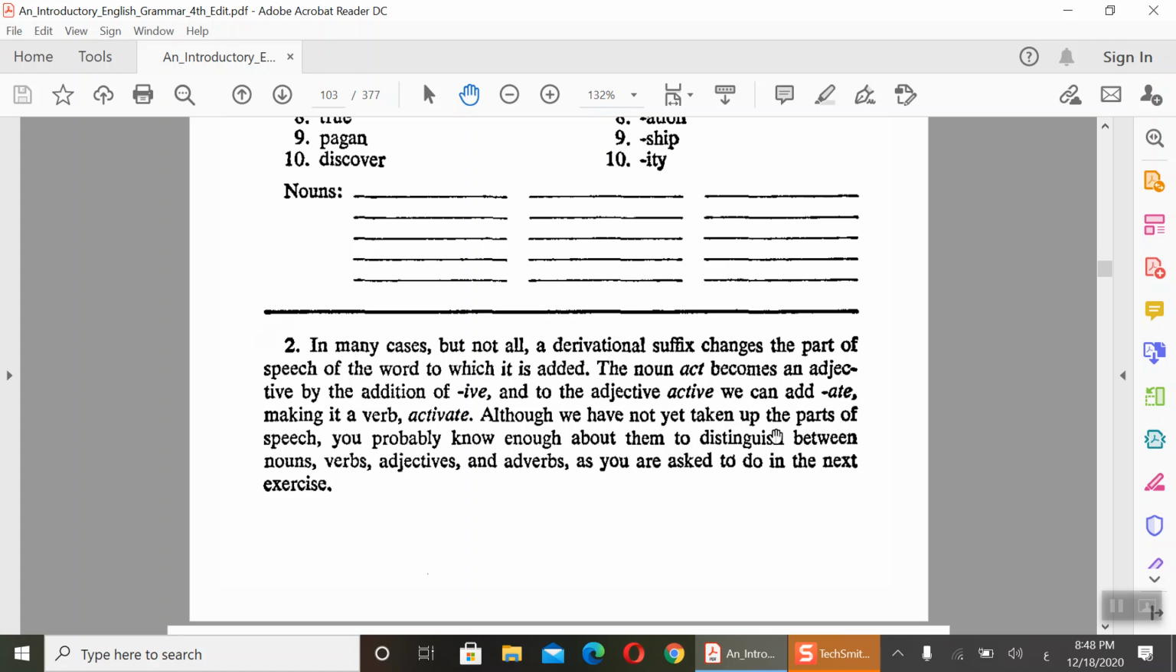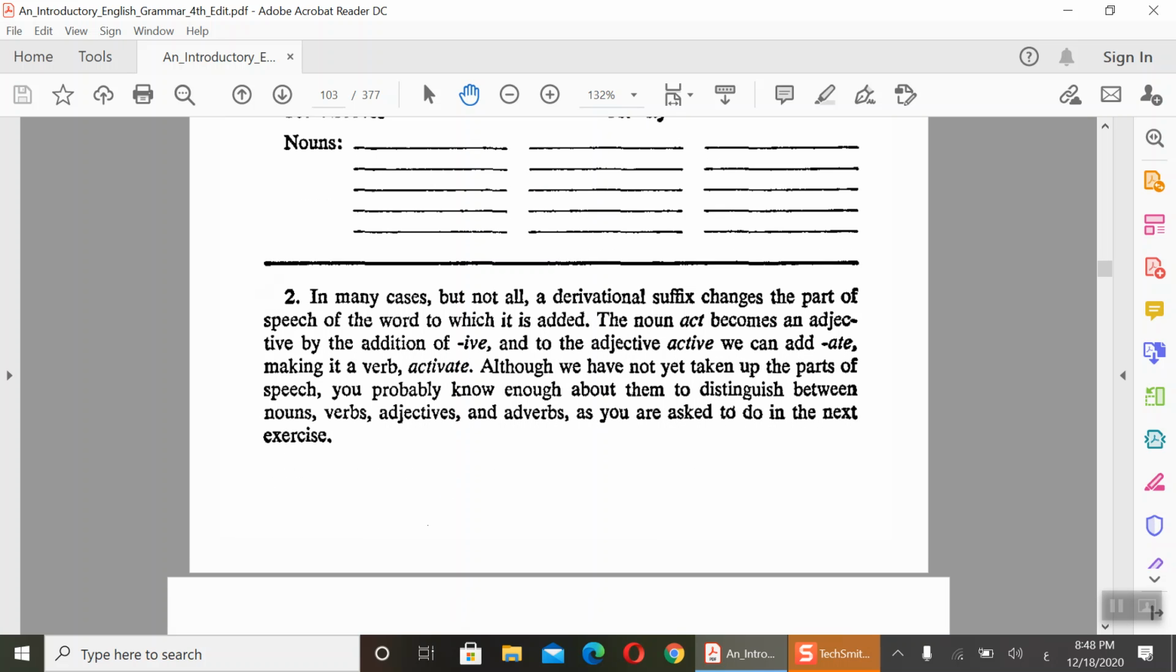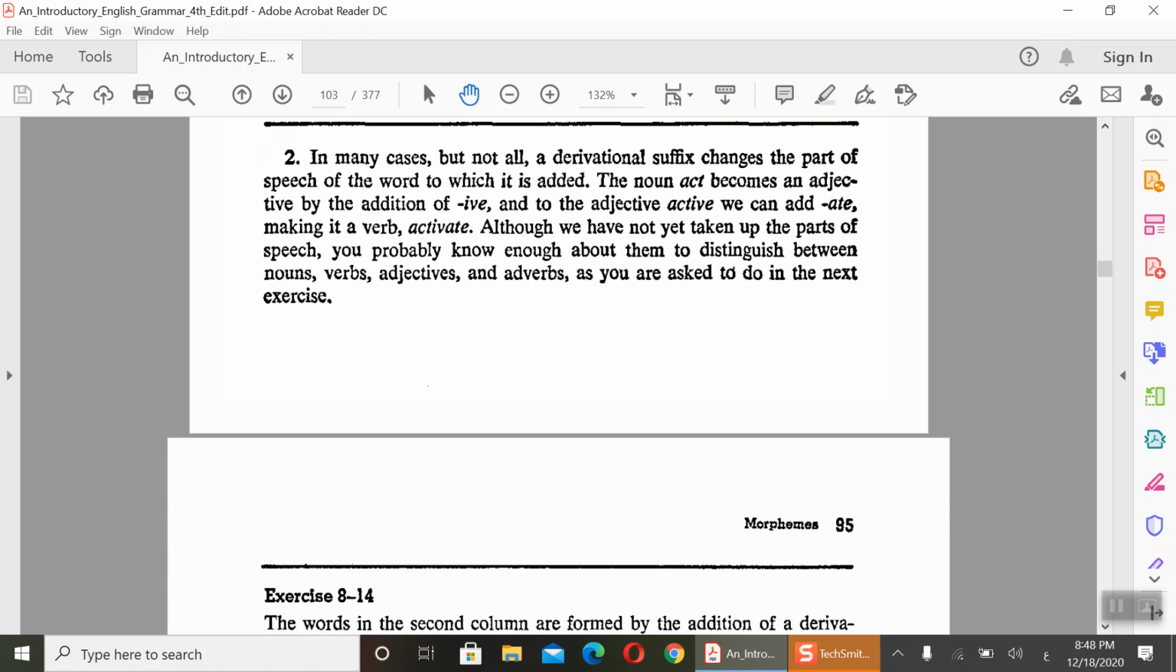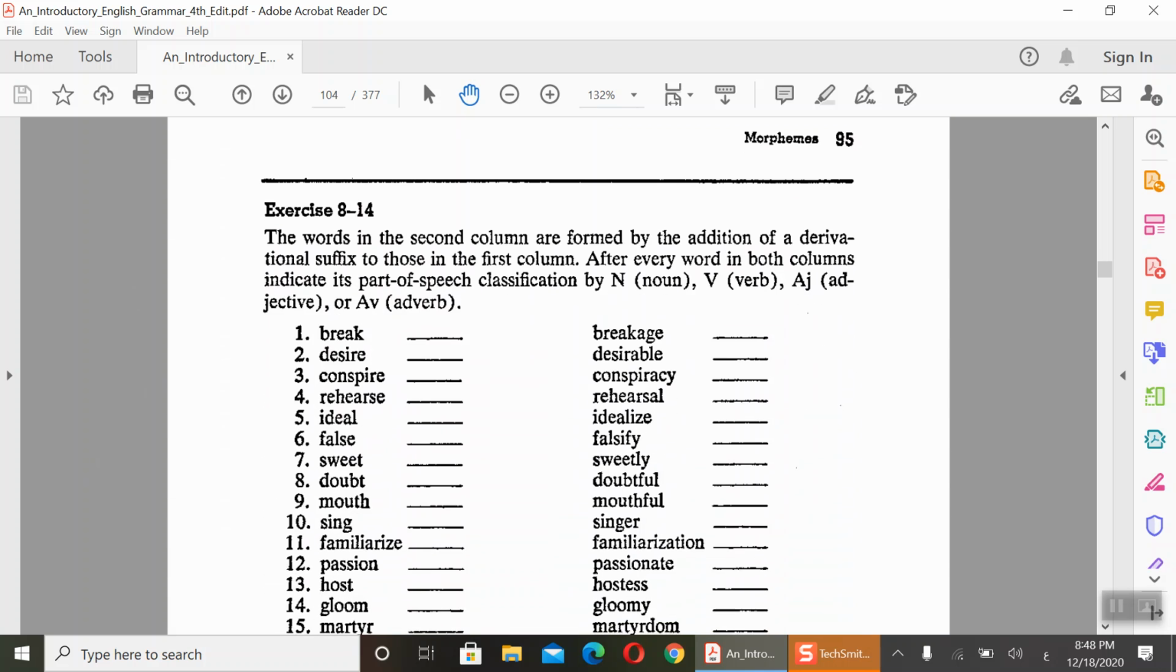Although we have not yet taken up the parts of speech, you probably know enough about them to distinguish, for example, verbs, etc. Okay. They change. Breakage. You see? Desire, desirable. Desire is what? Verb. Break is verb. Breakage what? Noun. Desire, desirable is what? When we add able,